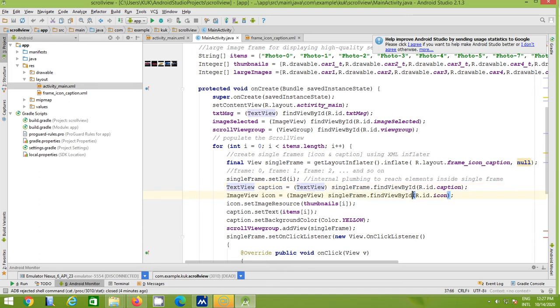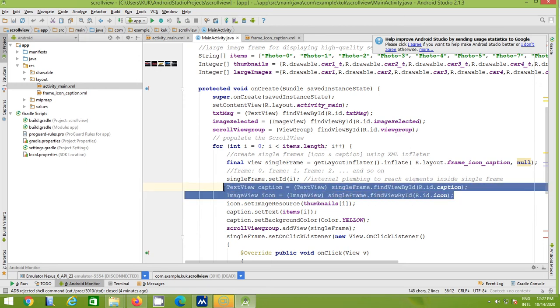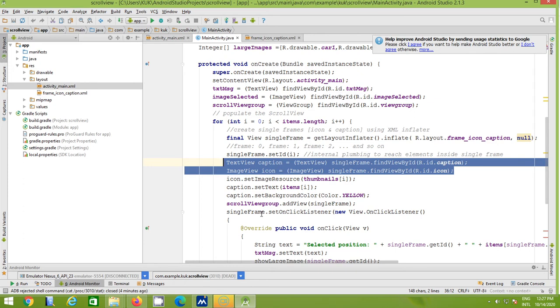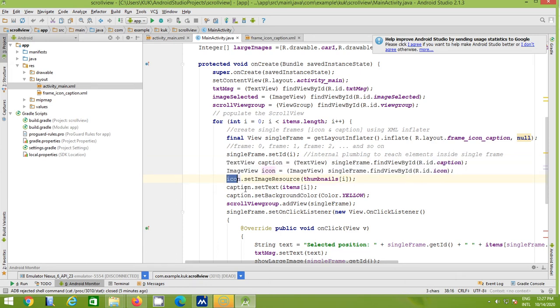So we have simply bound the findViewById for your icon and findViewById for your caption. So that is the frame having two components. After that we have simply assigned the image to that frame. To set the image, we have used the method